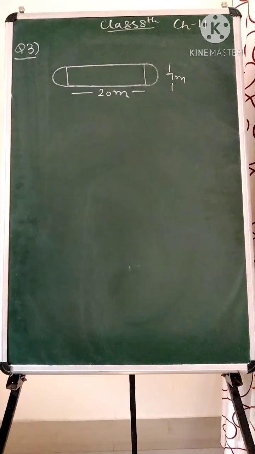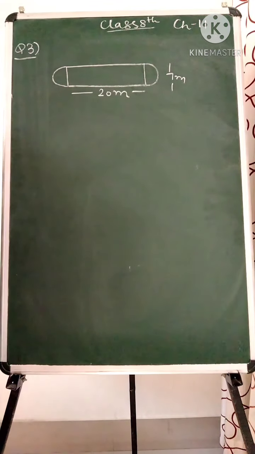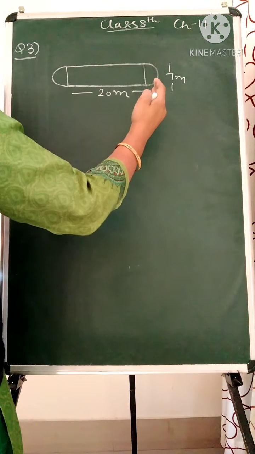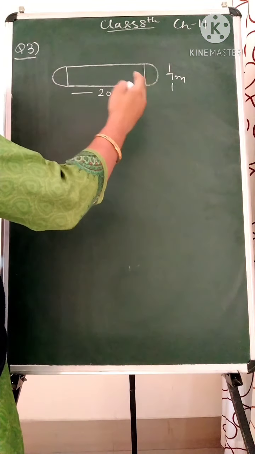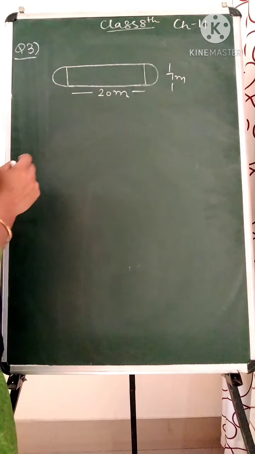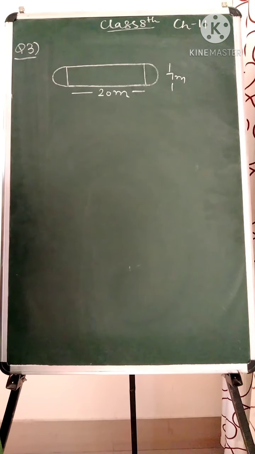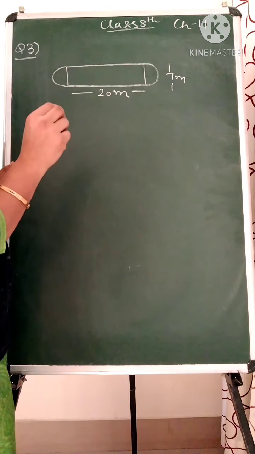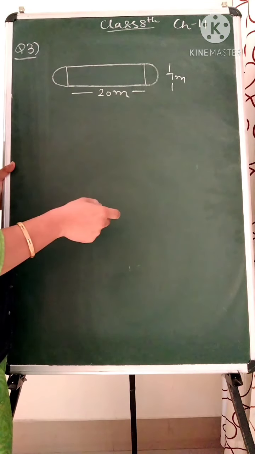Question number 3. The shape of a garden is given, but see, the end of the garden is with the two semicircles and in between there is a rectangle. In this figure, you have to find the perimeter and the area. Clear? The perimeter means you have to start from one point and the ending point should also be the